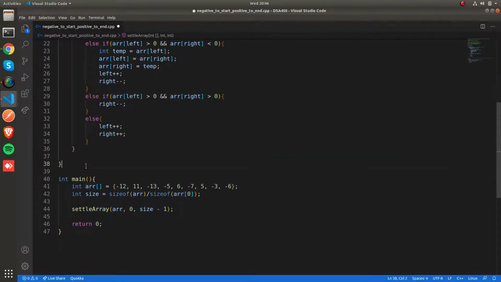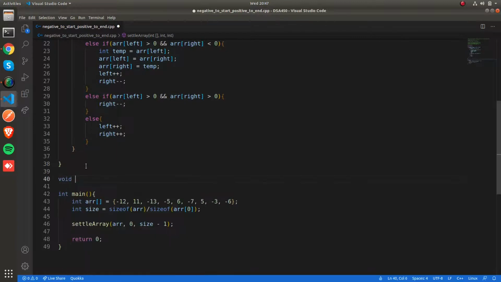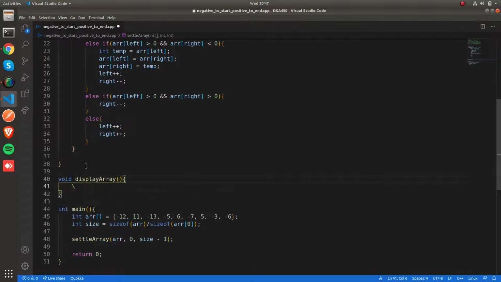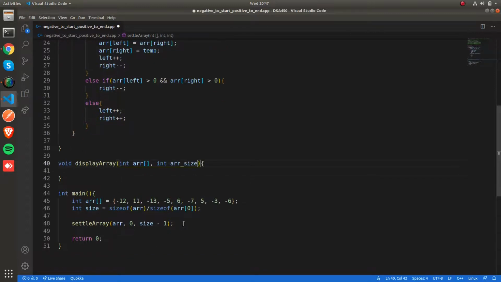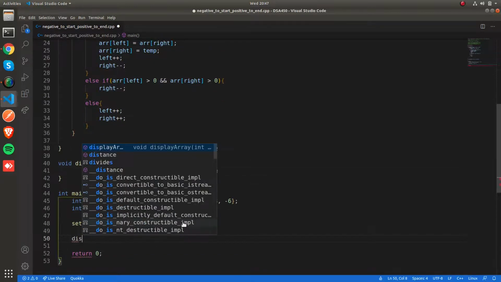So just we will write a small function to display the array to the terminal. For this we are going to take the array itself and the array size also. So now we are going to call that display array function.